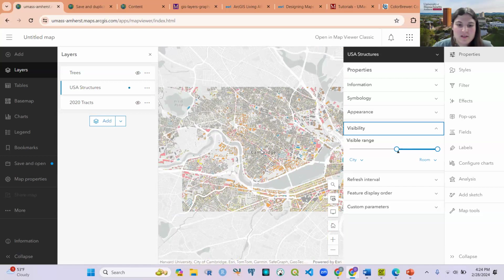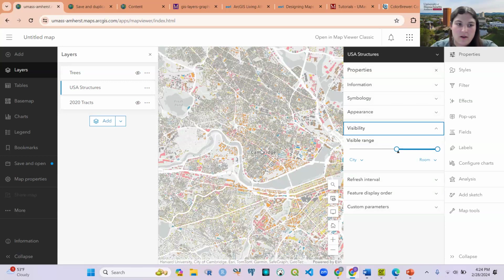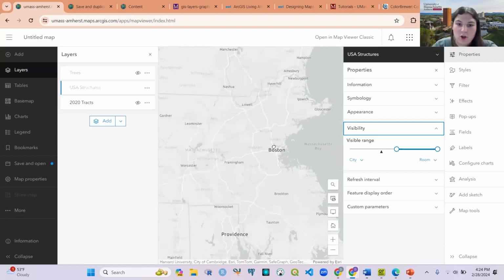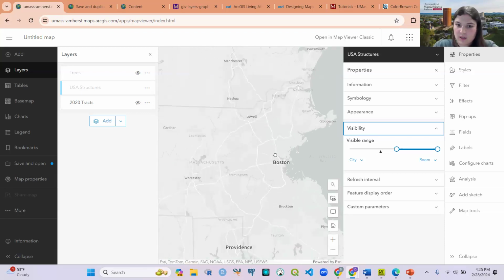But because data sets like this are super large, this data set covers all of the United States, it would take a lot of processing power for this website to try to draw all of these tiny little buildings if we are zoomed out all the way, even just to Massachusetts, if you can imagine, that's a lot. So because that would slow down ArcGIS Online and it would just take us extra long to do everything pretty much,